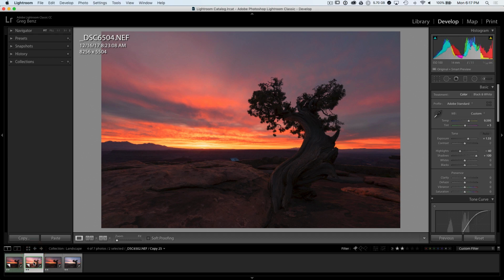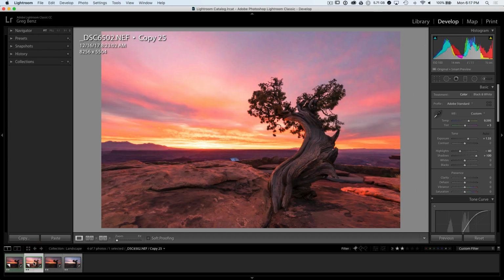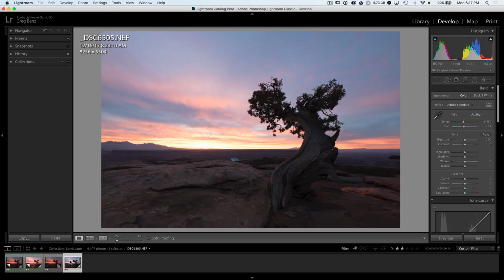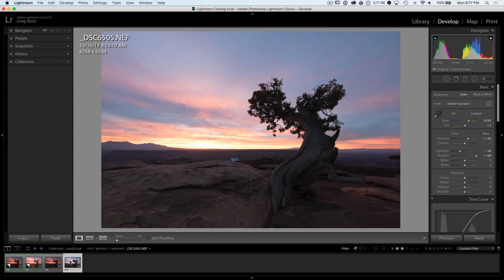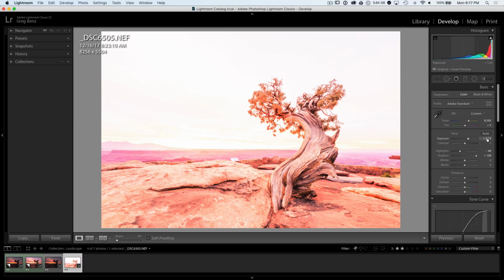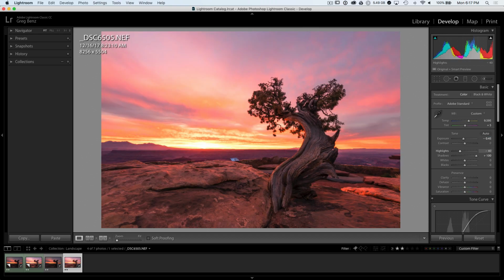Let's now go to this other exposure for the foreground, hit Command C to copy its settings, switching over to our other +2 exposure, hitting Command V to paste them in, and then we need to adjust this. This needs to come down by 2 stops, so 1.55 minus 2 is -0.45, and so now these two are